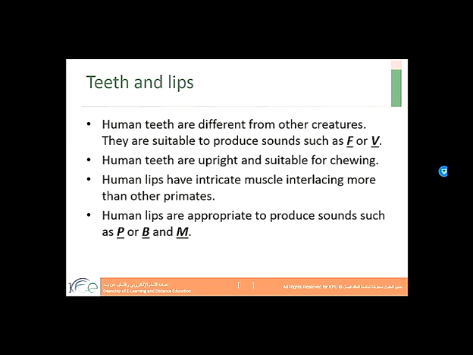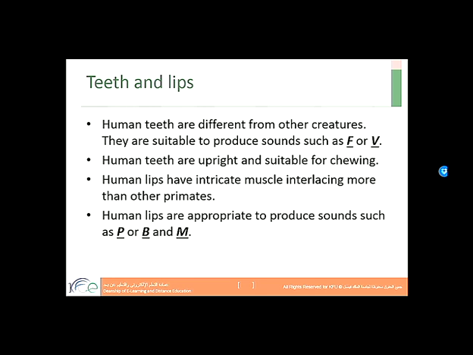Human teeth are also upright and suitable for chewing. Okay, human lips have intricate muscle interlacing, more than other primates. So this organ, the lip, is not as simple as we know. It's very intricate, and there are many muscles which interlace together in order to produce some sounds which may not be produced by other primates.